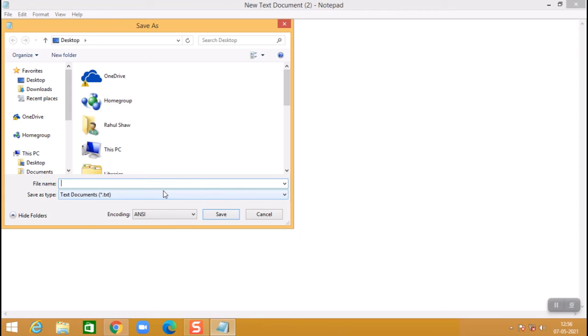But here I am communicating with HTML, so I will write .html. So I will give Rahulsh.html. I will not give .txt because it would then print as text. Okay, so I will select all files and I will save.